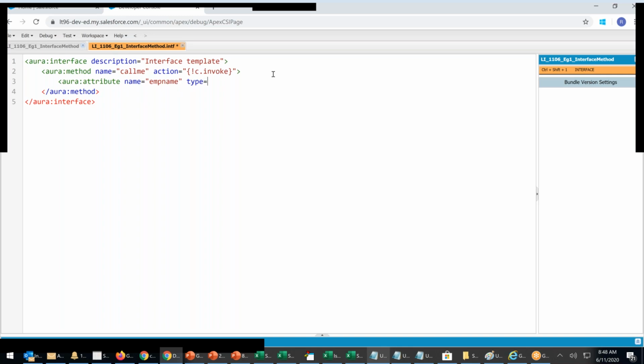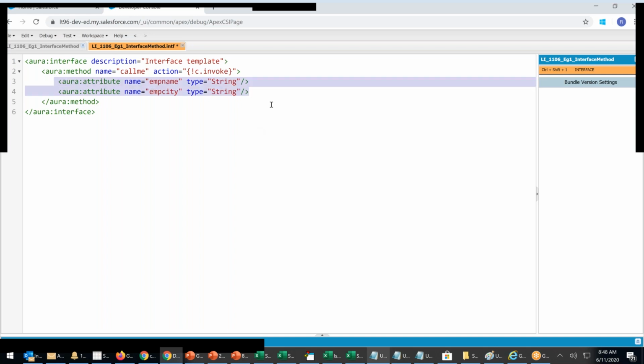Type equals what type of data it is, string. In this method, I have two attributes: name and city. We took city, if I'm not wrong. Okay, let it be. Name and city or name and age, whatever you want to take.